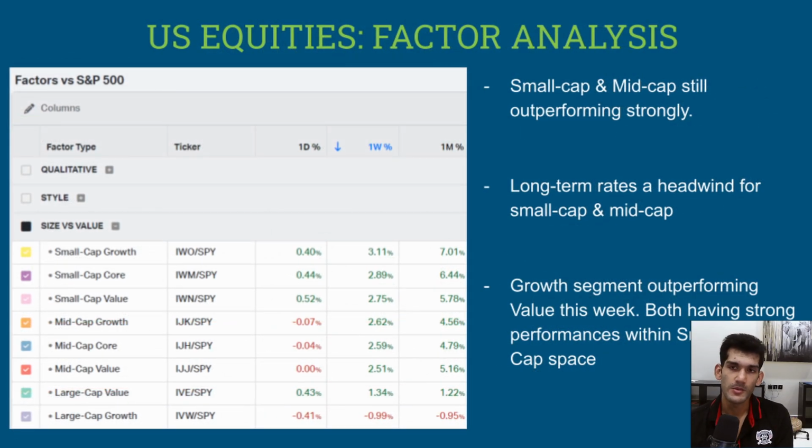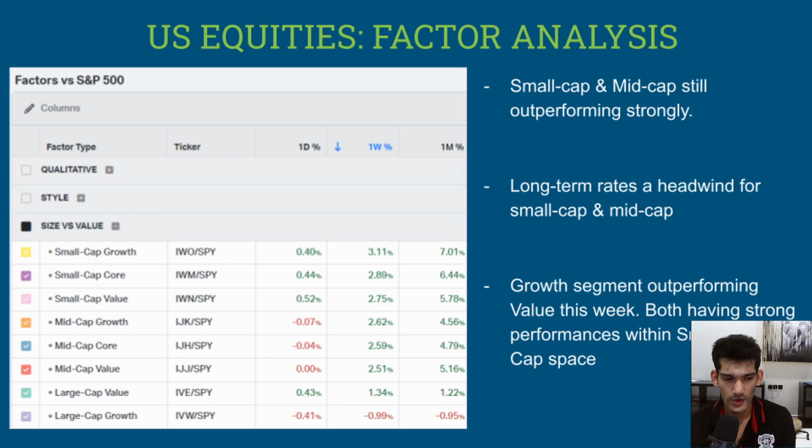Now let's look in terms of where capital has been moving. We've been saying this for a number of months now. The small cap and mid cap space is still outperforming strongly. So capital is definitely rotating from large cap to small and mid cap companies. Basically what's happening is that the large cap space has a lot of coverage, and capital has been doing the rounds within the large cap space. So there's not many